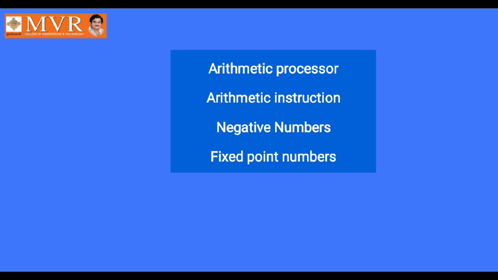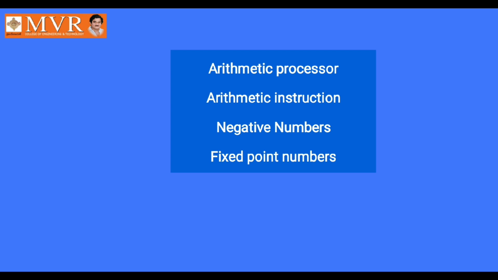One more category of data is negative or positive numbers. The input data we give to the arithmetic operation are classified first as binary or decimal. Another classification is fixed point number or floating point number. The third classification is positive number or negative number. For a positive number there is no problem at all, because its sign is positive, very easy for the computer to understand and to perform calculations.